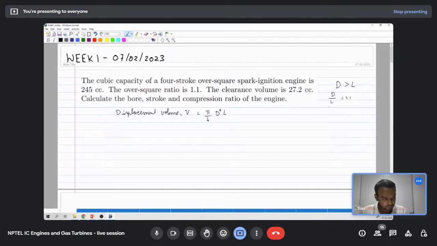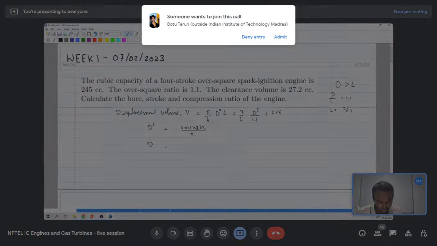Now we have this, writing everything in terms of D. We have L is D by 1.1. So we have pi by 4 D cube by 1.1. Now this is given as 245. So to calculate D, we will have D cube will be 4 into 1.1 into 245 divided by pi. So D will be cubic root of